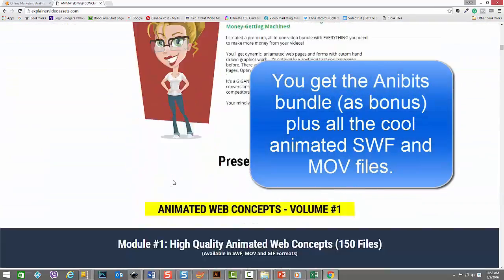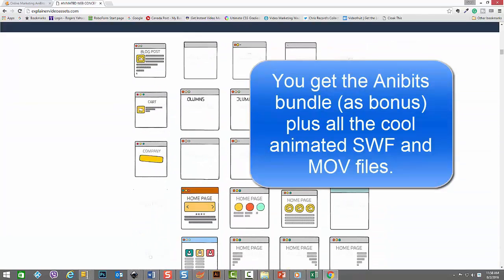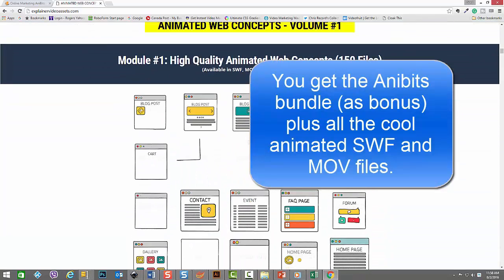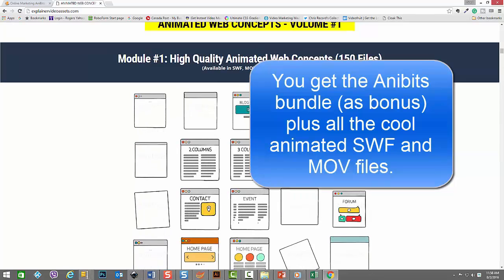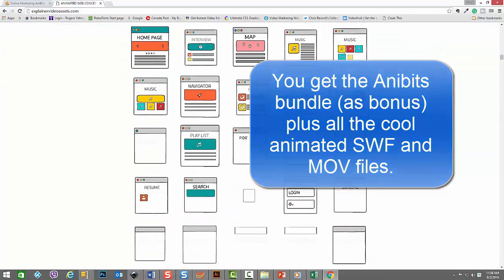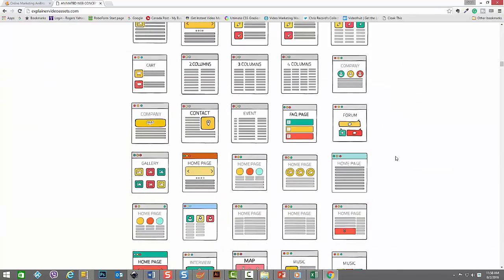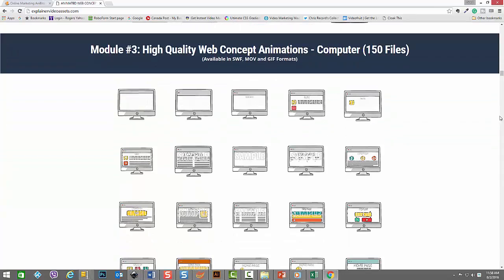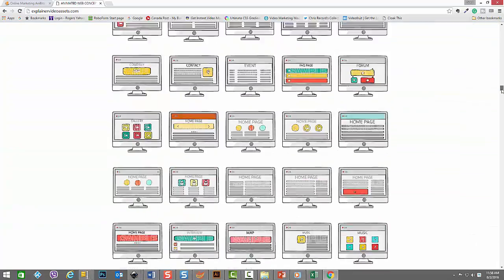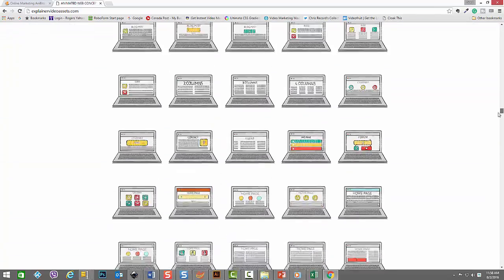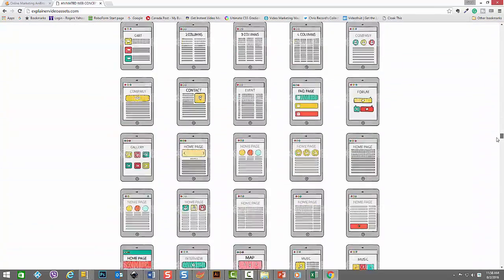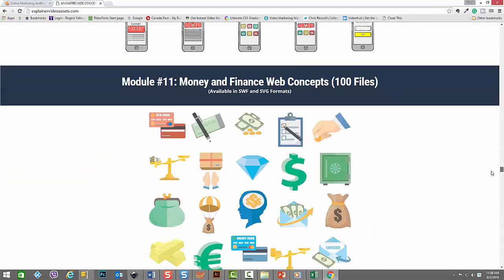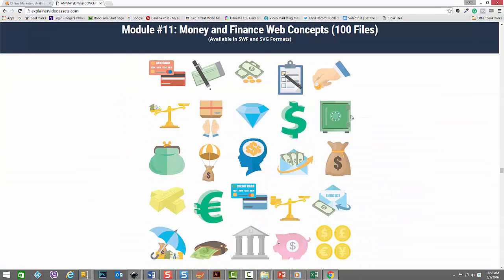But in addition, look at these, just beautiful, nicely ready-made animated designs, and there's a whole bunch of files. And so there's all kinds of different designs, with static image versions of them in PNG and JPEG formats. There's computers, laptops, all kinds of designs, and their static counterparts. But the coolest part in this bundle and offering is the actual modules down here, which are actually Anibit bundles,